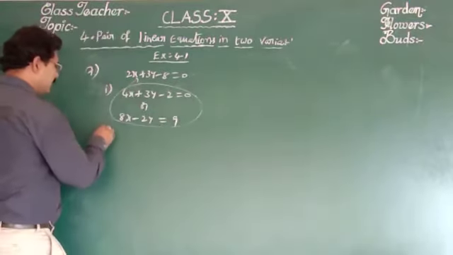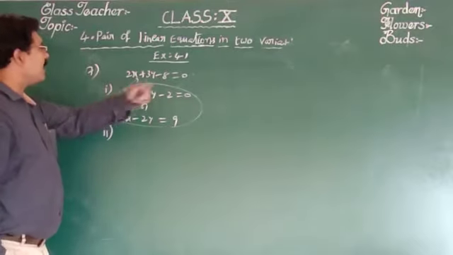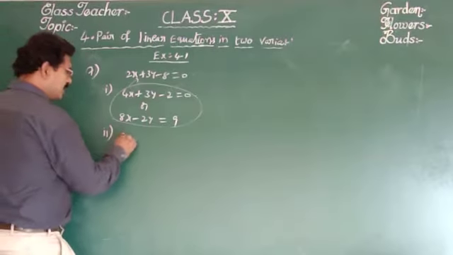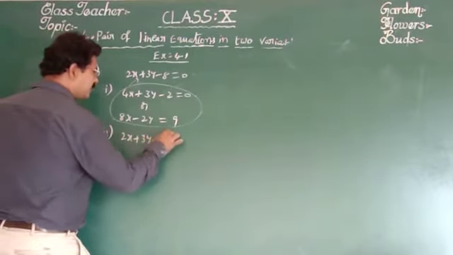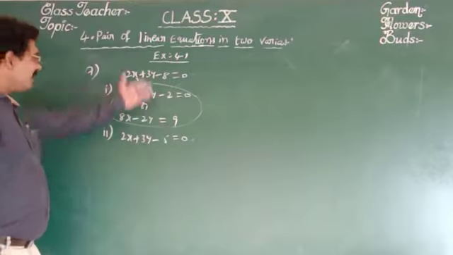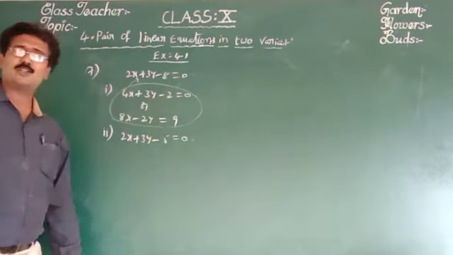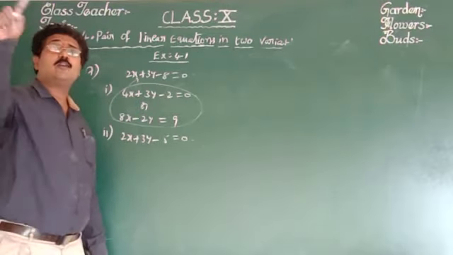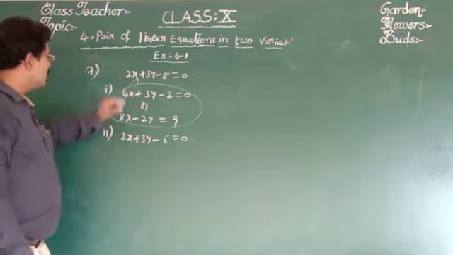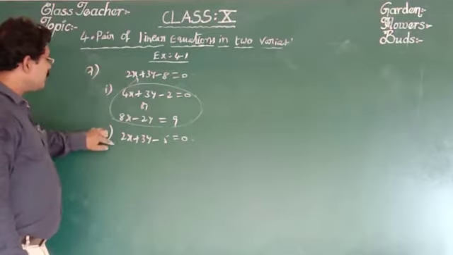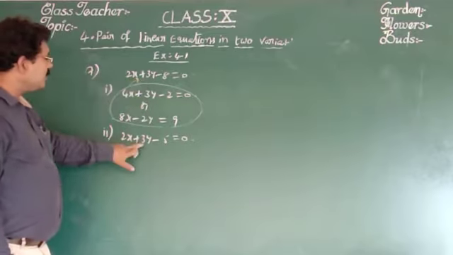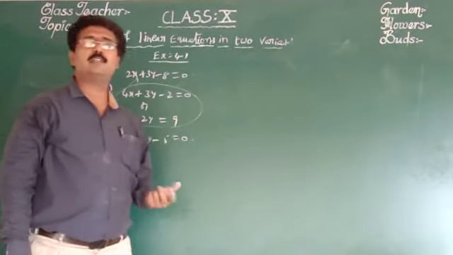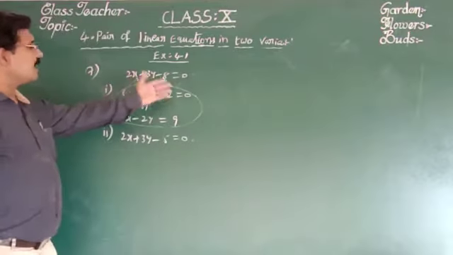And the second one, you have to write one equation parallel to this. How to write a parallel line of this equation? Same, 2x plus 3y minus 5 is equal to 0. Why do I write the same equation with the change of the constant? a1 by a2 is equal to b1 by b2 but not equal to c1 by c2, then only they are parallel. So here a1 by a2 is 2 by 2, 1, b1 by b2 is 3 by 3, 1, but c1 by c2 is minus 8 by minus 5, that is 8 by 5, which is not equal to the others. Hence they are parallel lines.